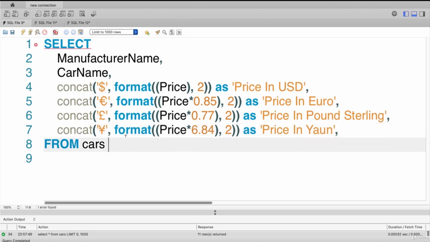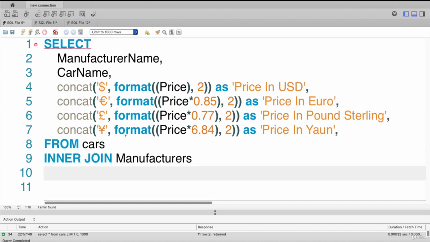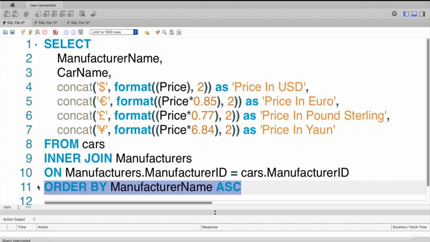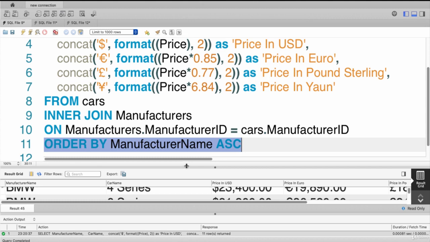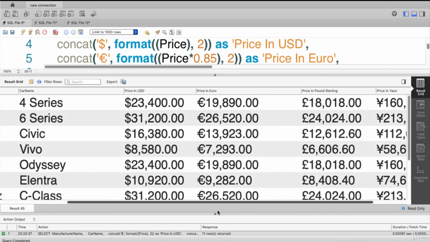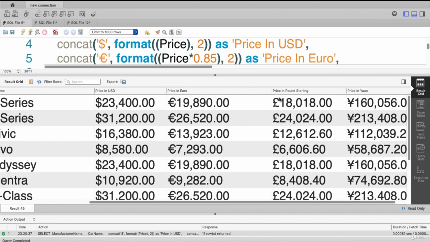Just say from cars inner join with manufacturer, then on the join column, order by ascending. And as you can see, this is the manufacturer name, this is the car name, and the currency converted to Euro,